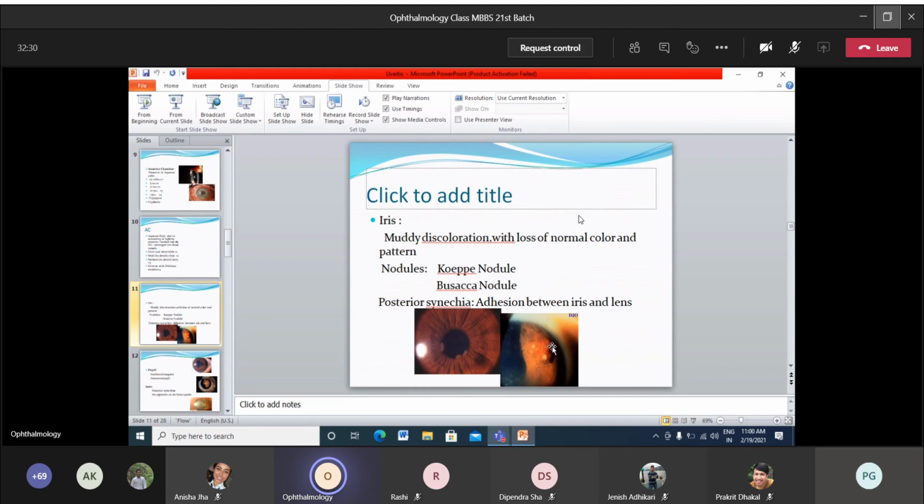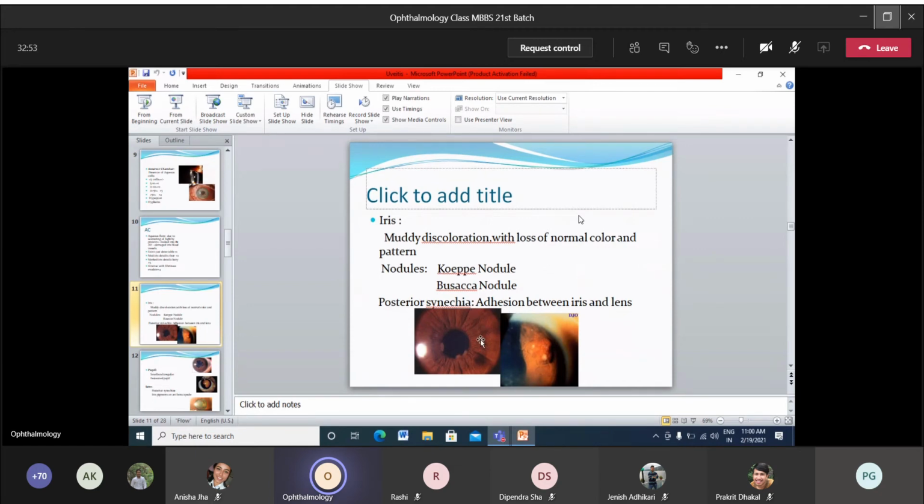And Busacca's nodules in the second picture here, that is away from the pupillary margin. Okay, so these nodules are present mainly in cases of granulomatous uveitis, like in tuberculosis, sarcoidosis, and all that. Okay, and another thing to look for in the iris is the posterior synechiae, which is nothing but